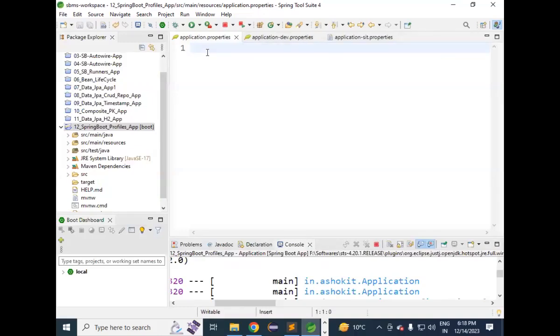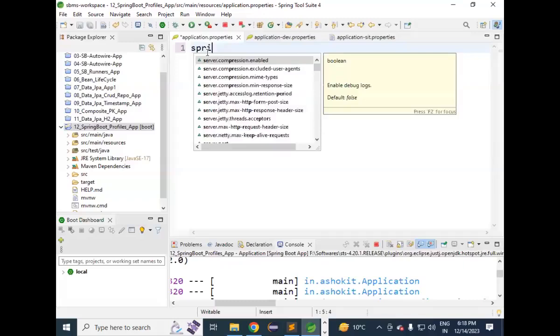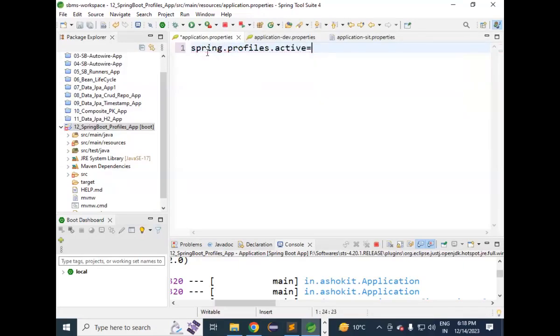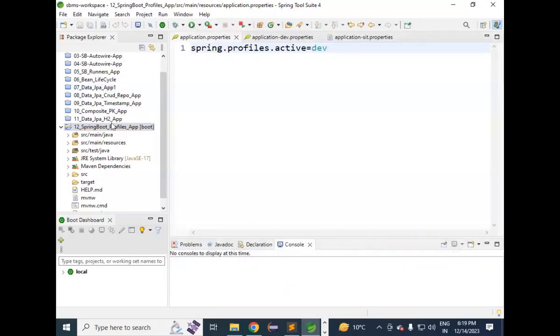Okay. Now, when we are deploying the application, we need to activate a particular profile. How do we activate that particular profile? In the properties file, we need to specify spring.profiles.active is equal to dev. I'm activating this profile. When I activate this profile, stop your application and start your application, refresh, update the